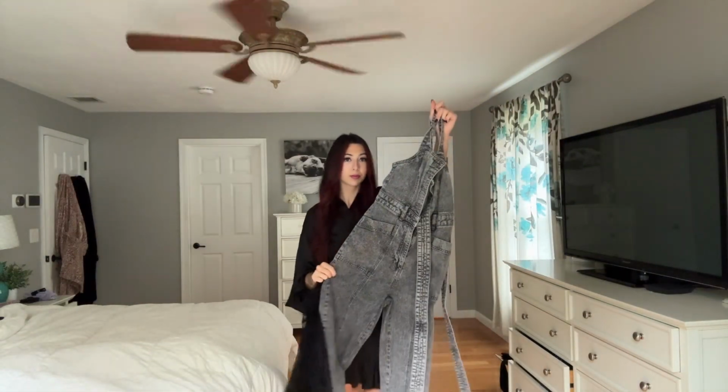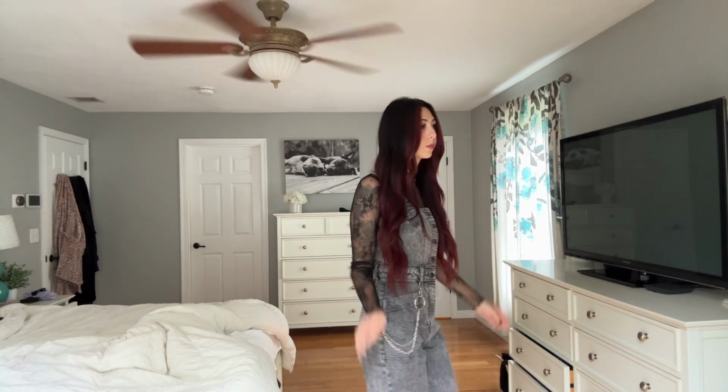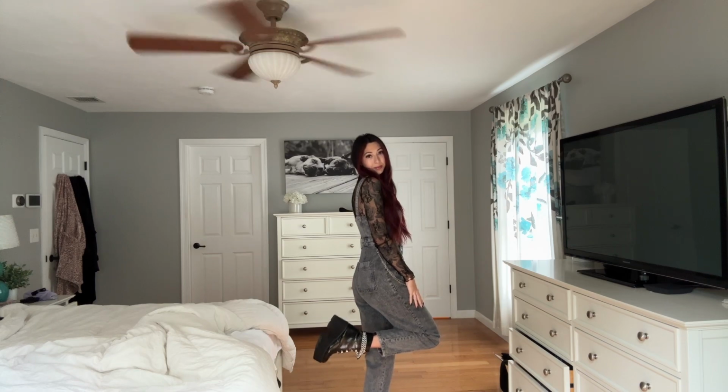Now for my favorite part of the morning, and that is picking out my outfit. And if you know me, you know I have a shopping problem, and my favorite thing in the entire world is to shop for new clothes. So picking out outfits and putting them together is just so fun for me. Once I figure out my outfit, I say bye to the fur babies, and then I head to the kitchen